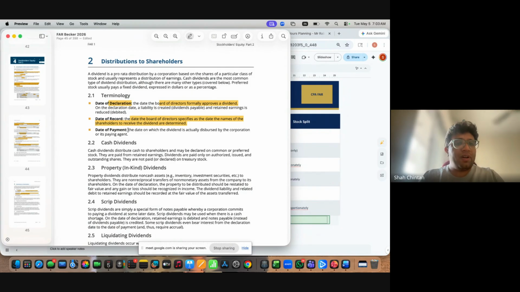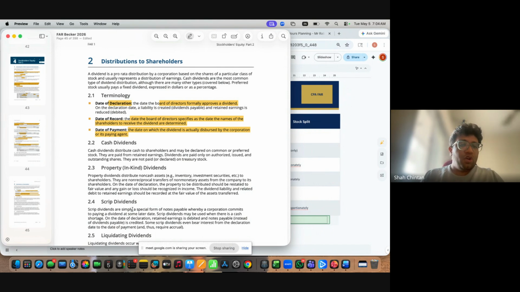And the date of payment, this is the date on which the payment is actually made. Now you can be paying a dividend in cash. That's a simple entry, dividend payable account debit to cash credit. You might be giving them a property or in-kind dividend. So this is not a cash distribution, rather it's a property or in-kind distribution. So you have to ensure that a fair market value on the date of declaration is taken as a dividend